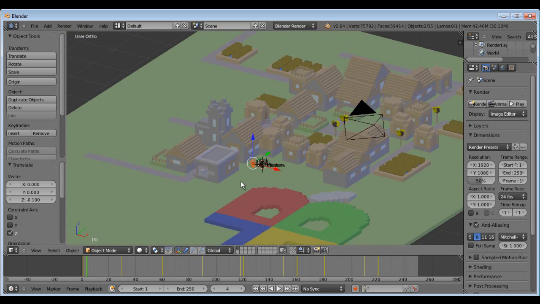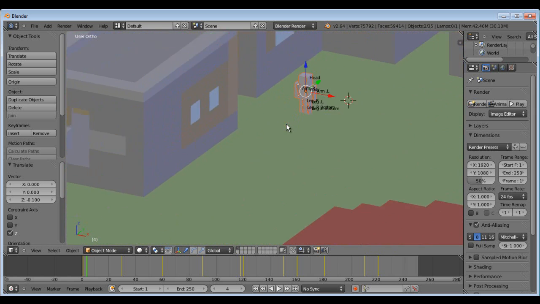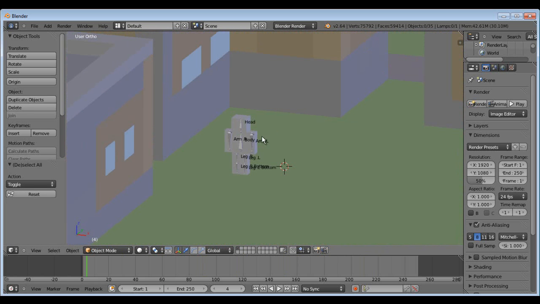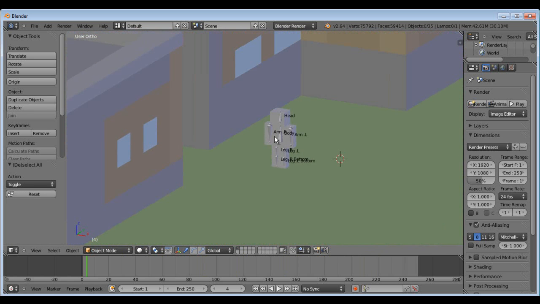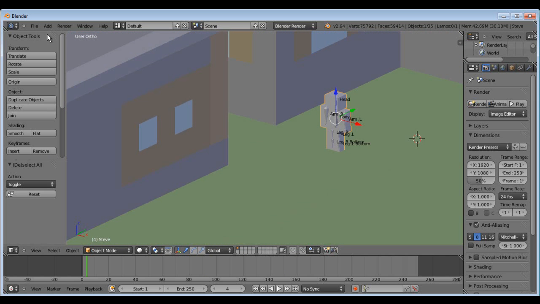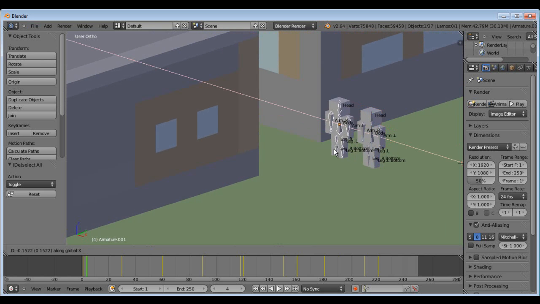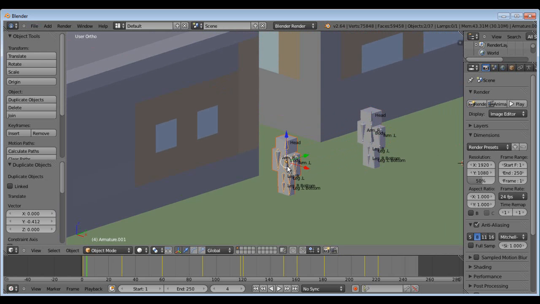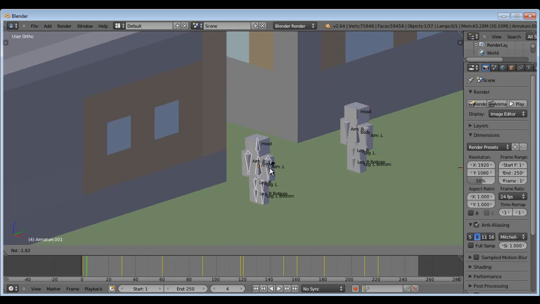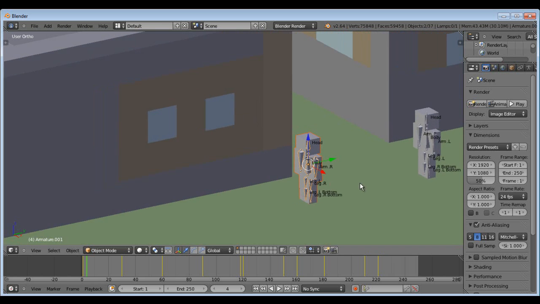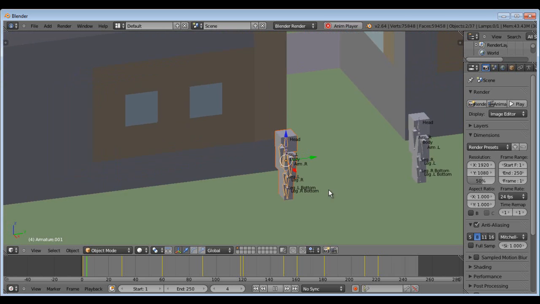But what we're first going to do is a very simple animation. First, we're probably going to want another one of these. And instead of going back in and reappending all that, I'm just going to select all as Steve. Shift D, duplicate him along the X axis? No, along the Y axis. Rotate him on the Z axis 180 degrees. Now, if we watch this right now by hitting Alt A, you can see these guys are both doing some weird